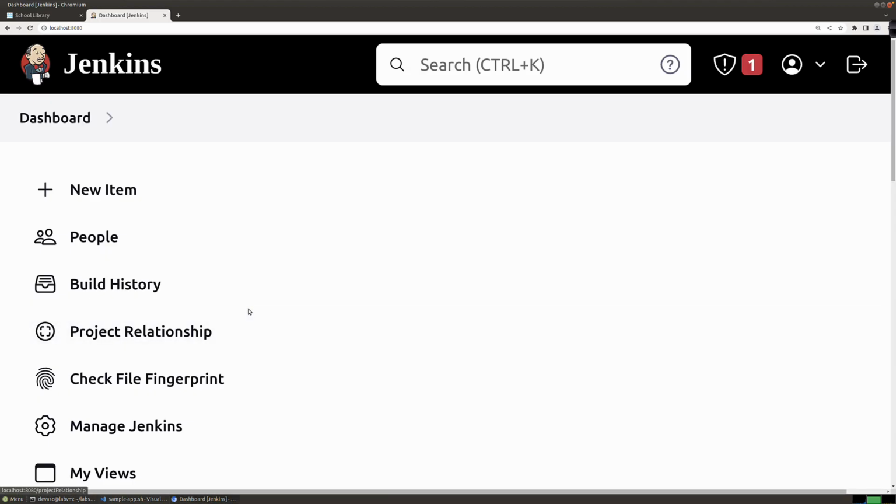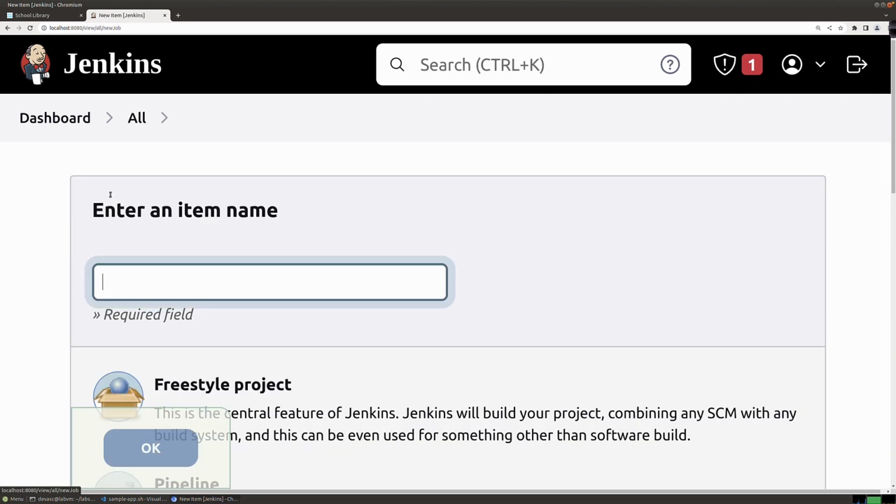What do we want to do? We want to start a new job which is going to do the test for us. All right, so we're going to click on New Item. We're going to enter in the name here, and I'm just going to call this Sample App Test,